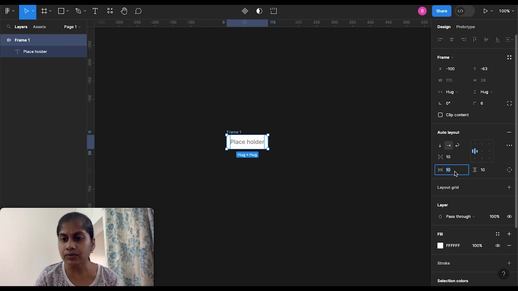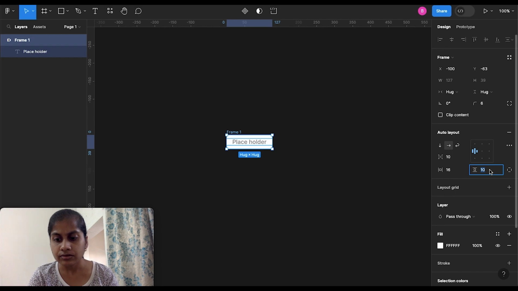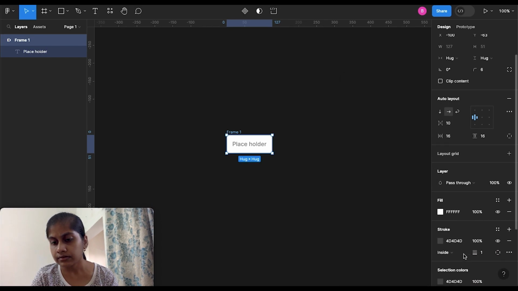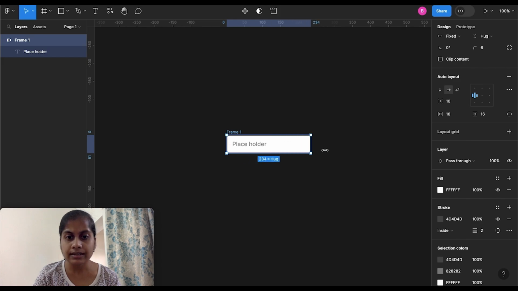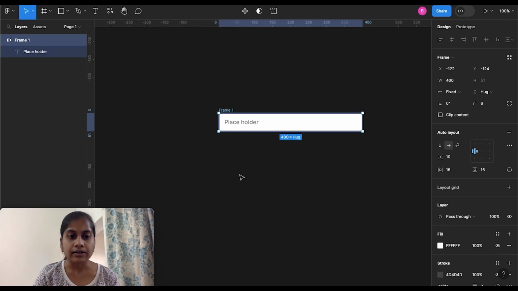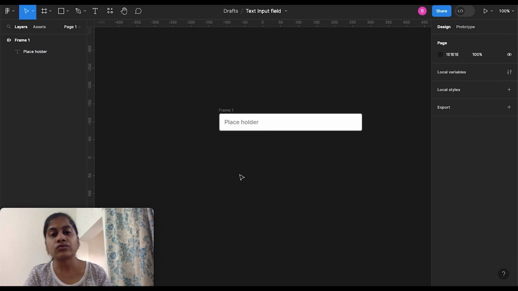And now let's work on our padding. So I think it should be up to 16. So I'm going to keep the horizontal and vertical padding up to 16 and also add a stroke color. So I'm going to keep it in gray color. So just increase its size a little bit. So now our default state is ready,